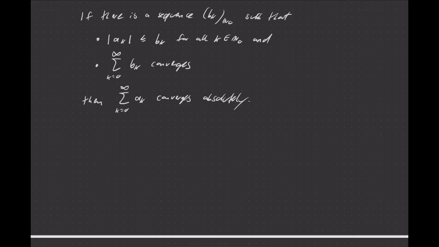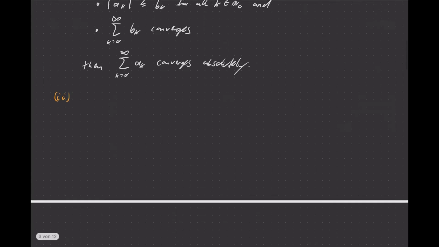The second test is something that's often easier to apply, but it's also not that powerful. That is called the ratio test. We first discuss a very strict variant of the ratio test. I'll discuss easier cases in just a minute. So, the simple but strict variant is, if the a_k are non-zero for all k in N_0,